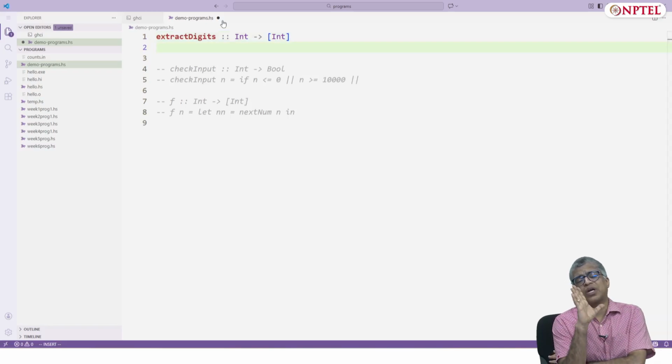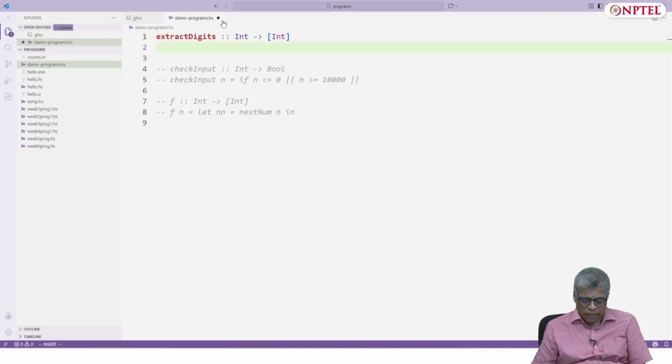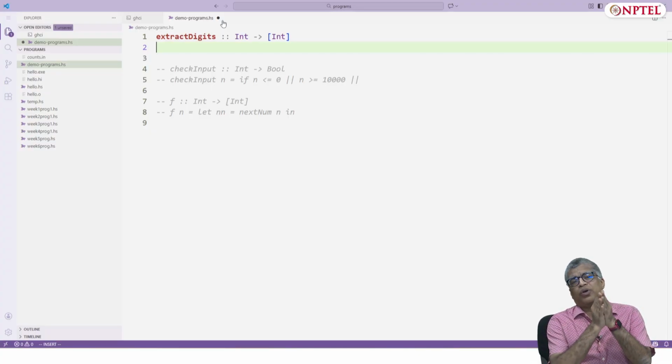We want to just extract 4 digits. Let's assume that by the time we come here, the number has already passed the 2 tests, that n is greater than 0 and n is less than 10,000.